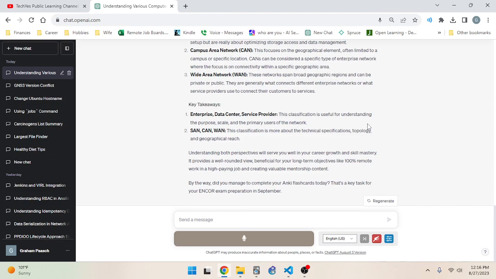Geographical reach, topology, and specifications are the down and dirty technical specifications. Those are more technical terms that you'd use as an engineer. And enterprise, data center, service provider are more like everyday colloquial language that you'd use for communicating about networks with people who aren't necessarily engineers.